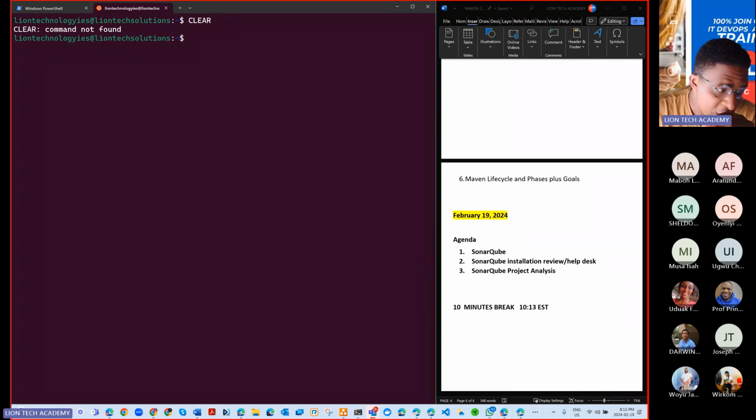So you have been able to connect your SonarQube locally to the browser, right? You can access it, you can log in. Yes, on my Ubuntu. Yeah, for sure. That's it. Okay, so I think David has an issue. David, do you want to share your screen? Are you in a place you can share your screen?